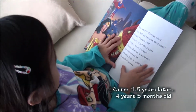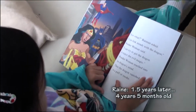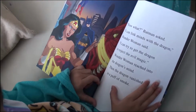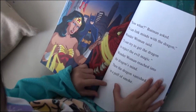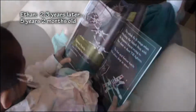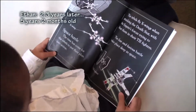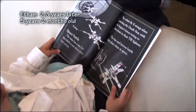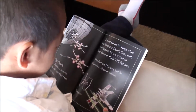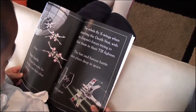Now, what Batman asks, I can lick mine with a dragon. Wonder Woman said, I can try to get the dragon to reject the evil matter. Wonder Woman reached into the dragon's mind. Then the dragon vanished in a puff of smoke. Space Battle. The time has come for the rebels to put their plan into action. The rebels fly X-Wings when attacking the Death Star with the Empire forces trying to blast them in their TIE fighters. The fast and furious battle takes